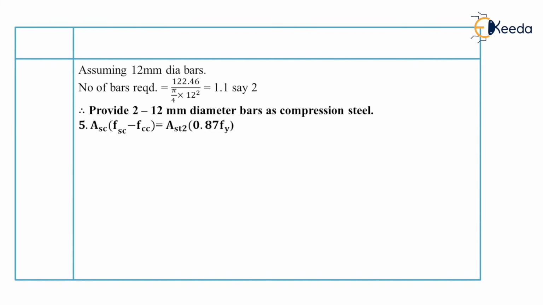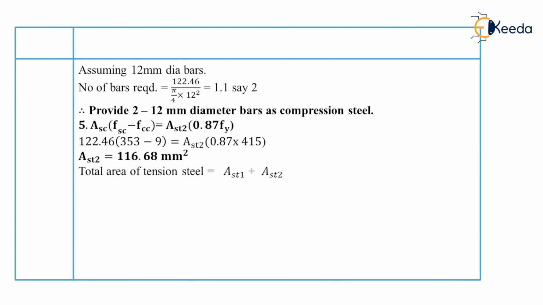Now our last step is to find out the area of steel in tension. Firstly, Asc into Fsc minus Fcc is equal to Ast2 into 0.87 Fy. After putting all the values and taking Ast2 as unknown, we get the value of Ast2 equal to 116.68 mm square. So we know the value of Ast1 and Ast2. Therefore, we will find out the total area of tension steel, Ast, which is equal to Ast1 plus Ast2. Ast1 is 1728, Ast2 is 116.68. So the total area of tension steel Ast is equal to